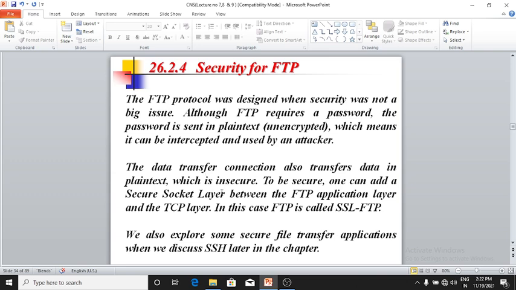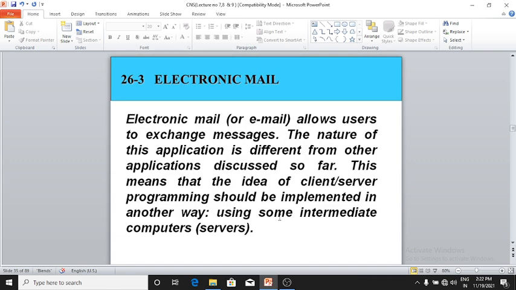To be secure, one can add a secure socket layer between the FTP application layer and the TCP layer. In this case, FTP is called SSL FTP. We also explore some secured file transfer applications when we discuss SSH later in the chapter.